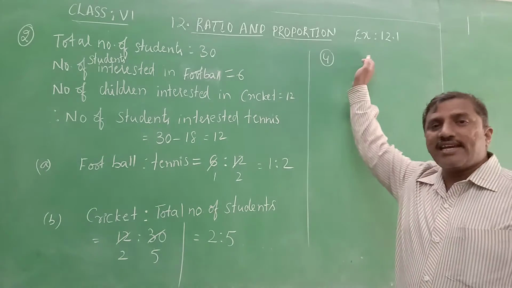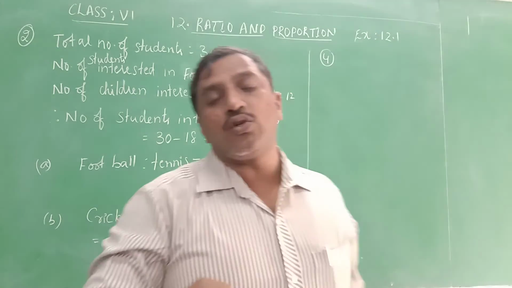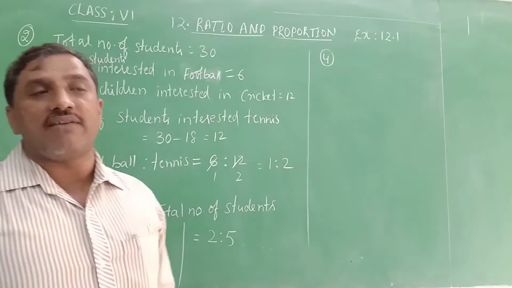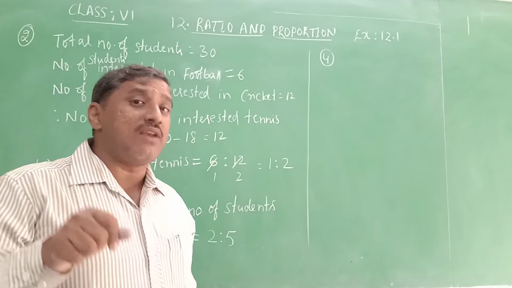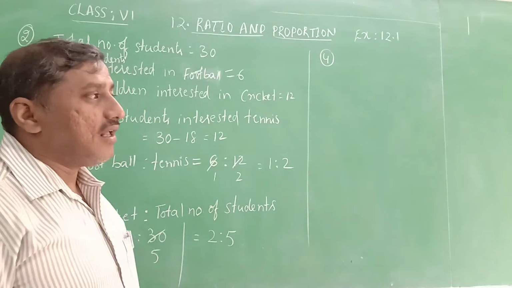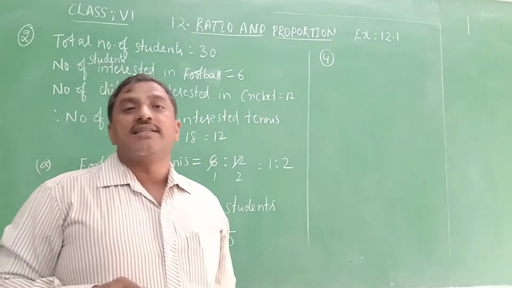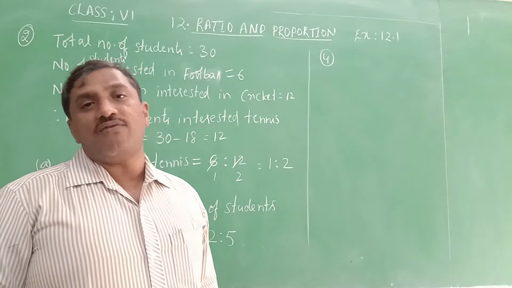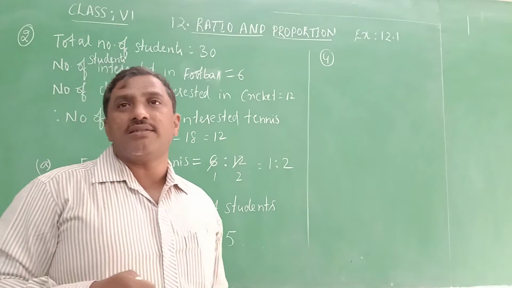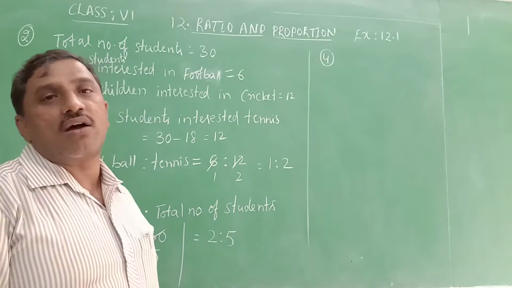So what is given here? The distances travelled by the two persons, Hamid and Akhtar, are given as 9 kilometers and 12 kilometers respectively in 1 hour. Then we have to find the ratio of the speed of Hamid to the speed of Akhtar. So what is the formula to find speed? Speeds are not given directly.